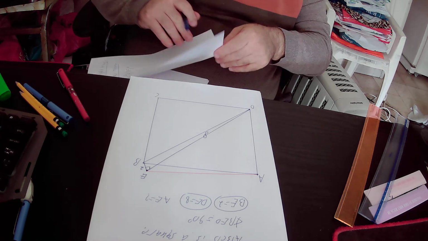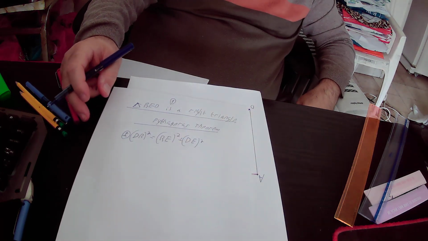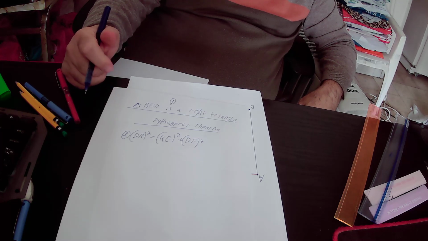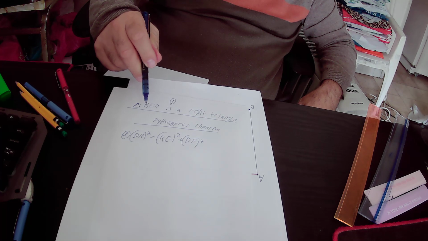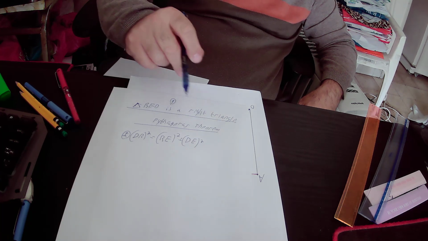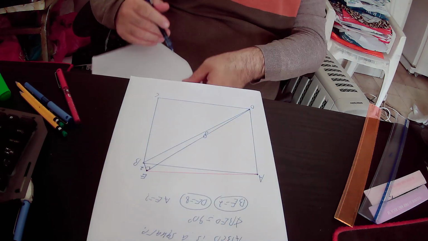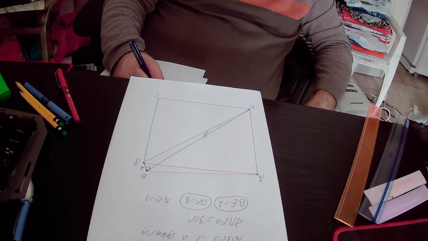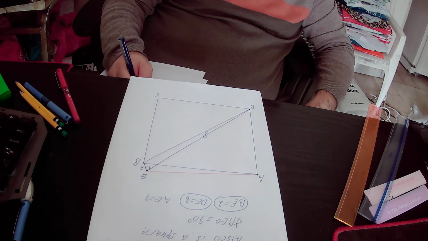I will repeat again. In the right triangle BED, the square of the hypotenuse equals the sum of the squares of the perpendiculars. That is to say, DB square equals BE square plus DE square. Okay, so BD square equals DB square